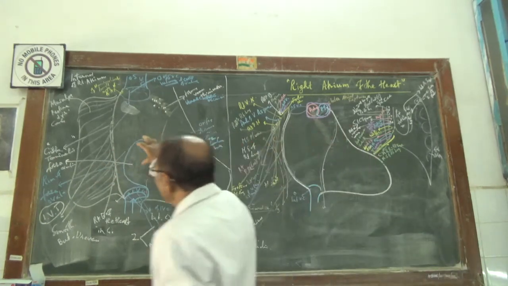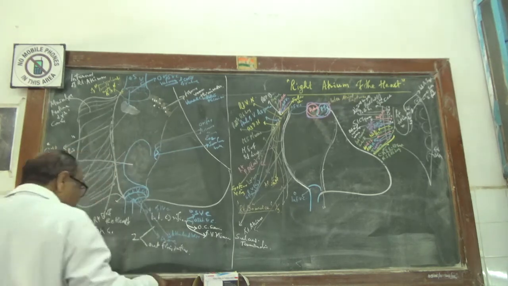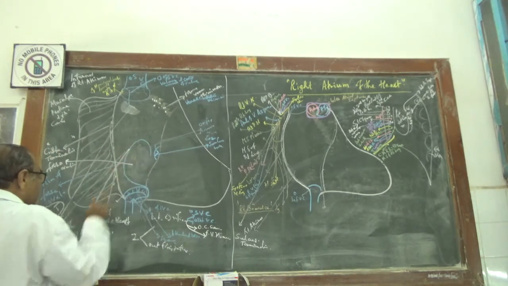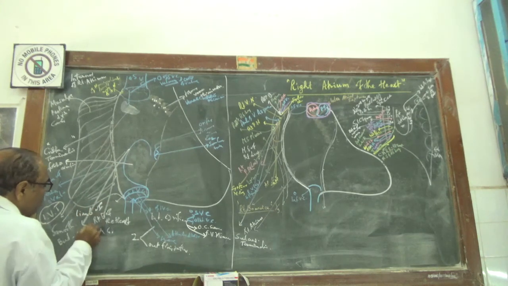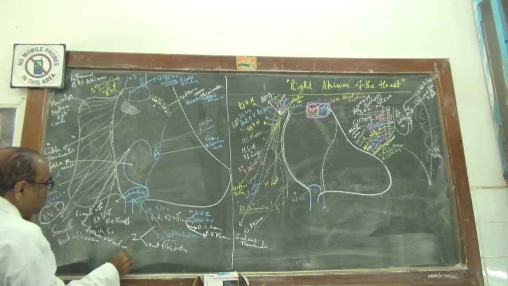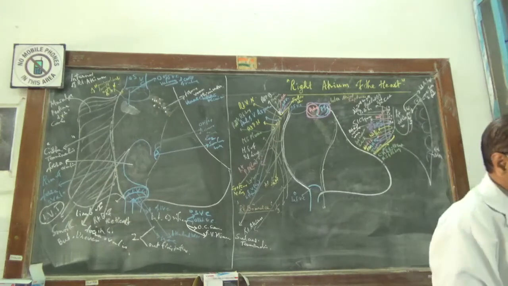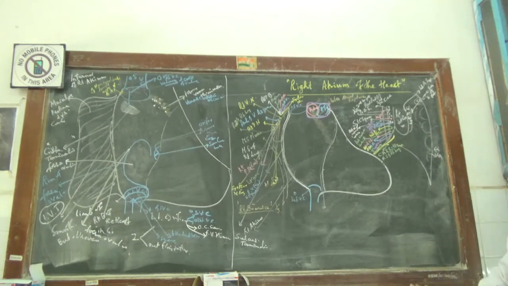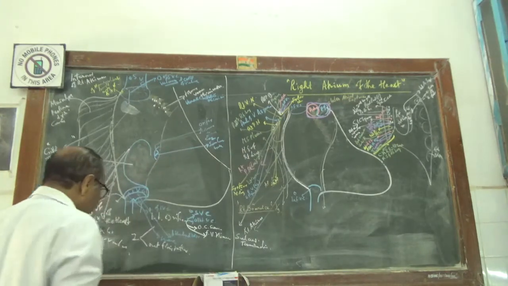Now the fossa ovalis is elevated at the rim. That is called the limb of the fossa ovalis. This is a continued part of the attached part of the wall of the inferior vena cava.